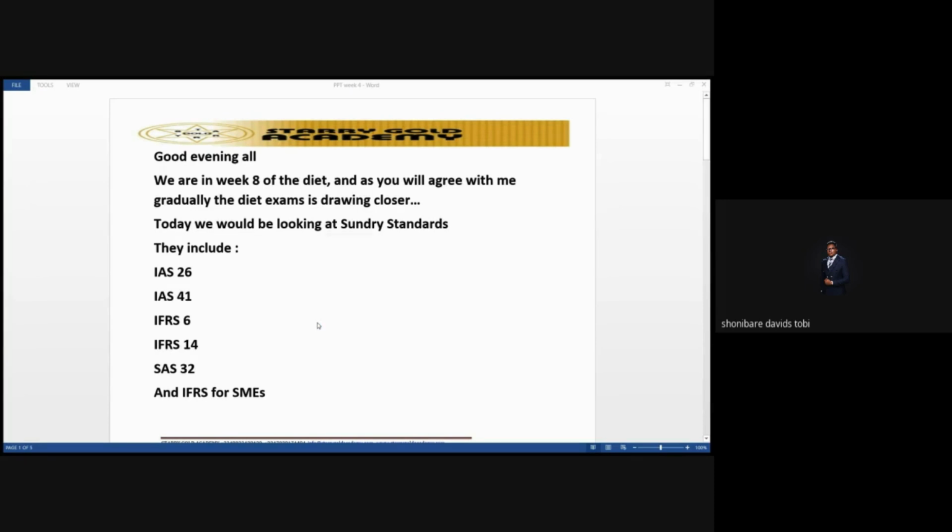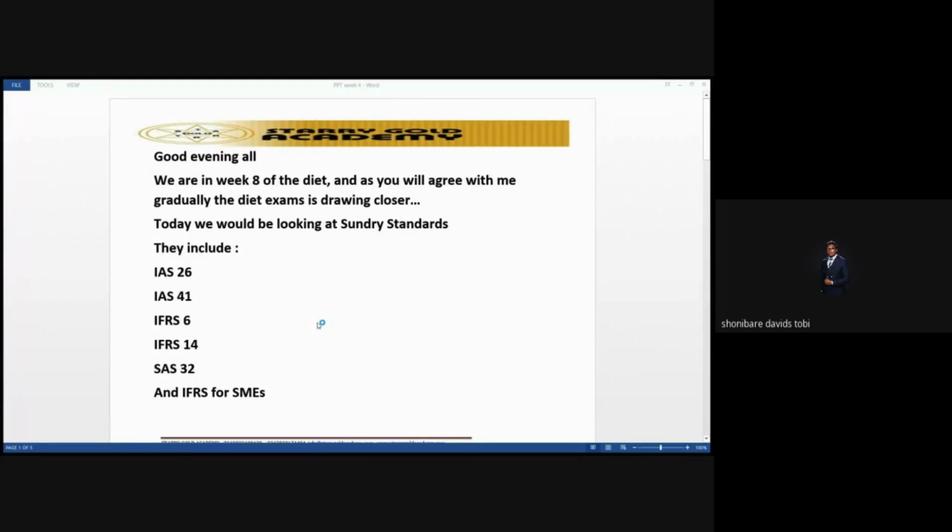But please, let's also note that the entity must still measure all its other biological assets at fair value less cost to sell. If circumstances change and fair value becomes reliably measurable, then it's required to switch immediately to fair value less cost to sell. Please, if situations change and they can determine the fair value, immediately switch to fair value less cost to sell, right? I don't know if we are making any sense at all.